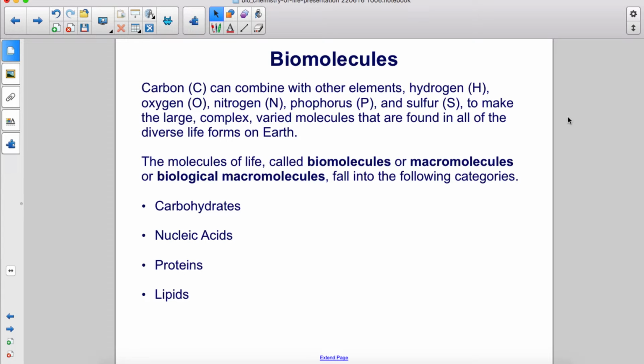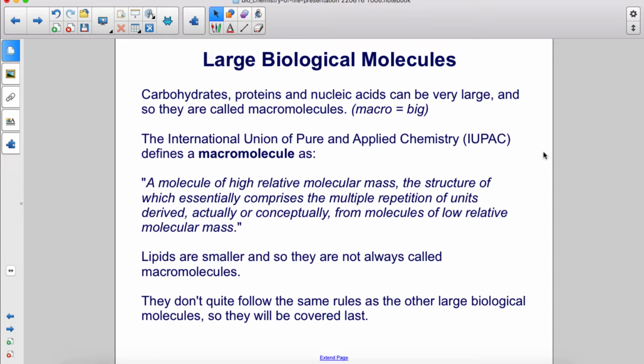The molecules of life, called biomolecules or macromolecules or biological macromolecules, fall into the following categories: carbohydrates, nucleic acids, proteins, and lipids. Carbohydrates, proteins, and nucleic acids can be very large, and so they are called macromolecules, where macro means